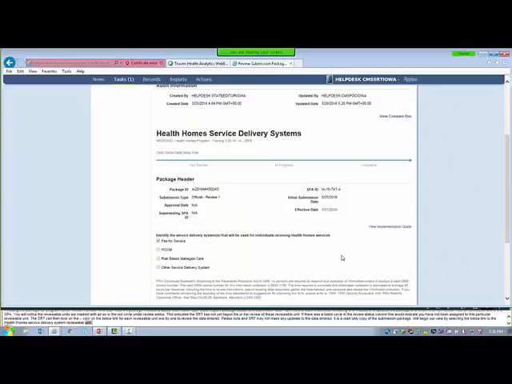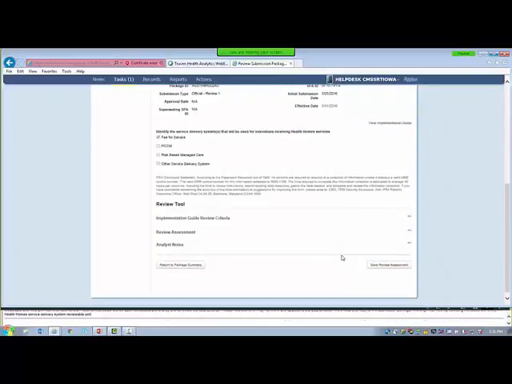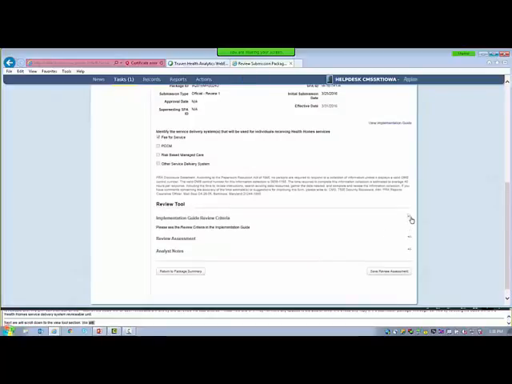Next, we will scroll down to the Review Tool section. We will expand the Implementation Guide Review Criteria section by selecting the +- button. The SRT can compare the review criteria submission summary information to the implementation guide documents.